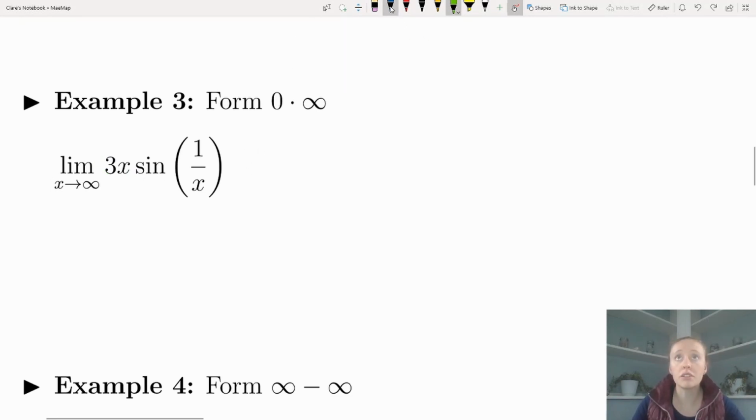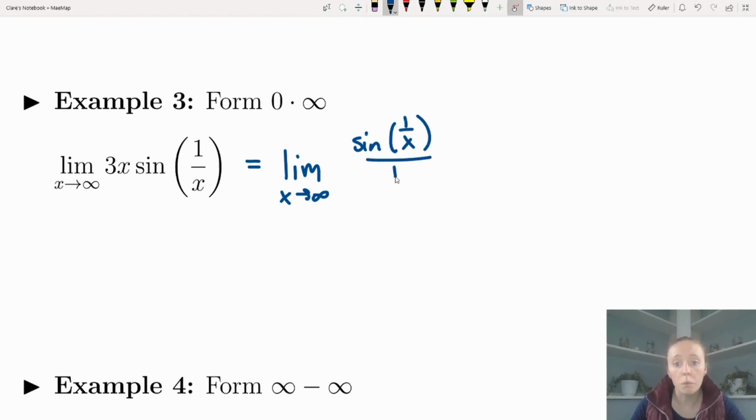So what I'm saying is that I can take this 3x and put it as a fraction in the denominator. And when I do that, I'll get the limit as x approaches infinity of the sine of 1 over x all over 1 over 3x. So you can see I didn't change the value of the function within my limit at all. I just put that 3x all the way down in my denominator and in the denominator of my denominator. So if I divided by its reciprocal, I'd still be right there at 3x times sine of 1 over x,